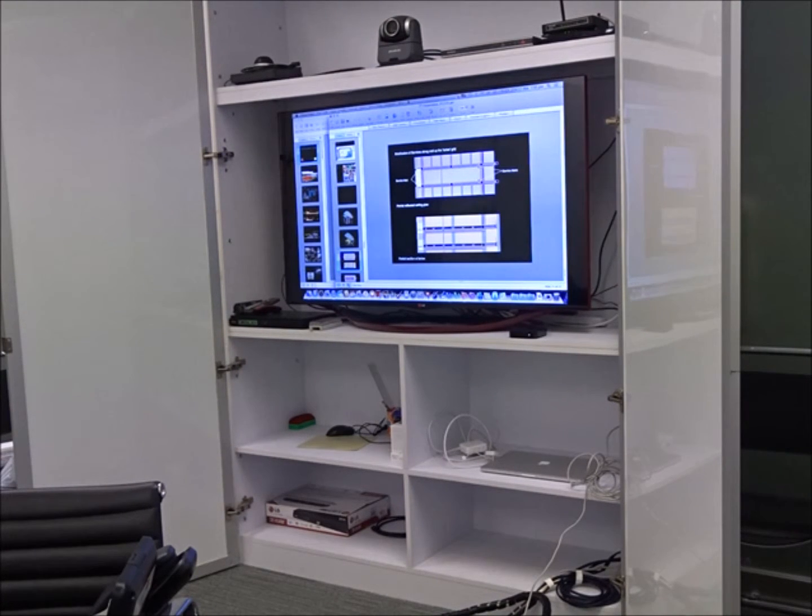So this is the flexibility of the space. And hence you get so much more area in use than